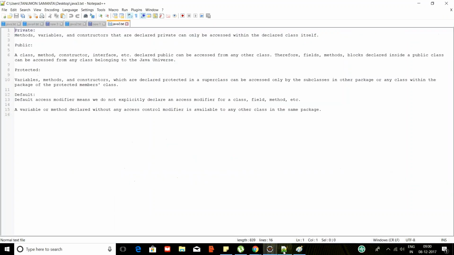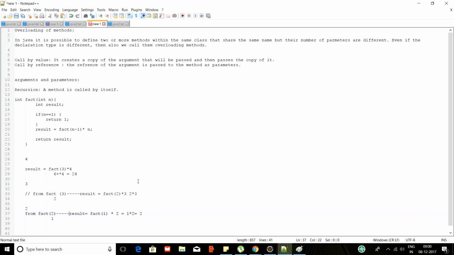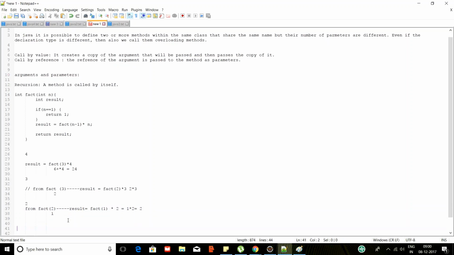When you are defining anything static, if you remember that we are writing in the main class public static void main, so there is a keyword called static. If you define or use any method static,